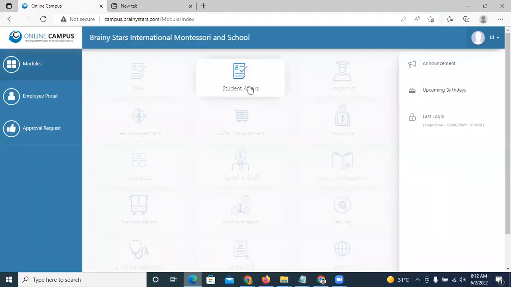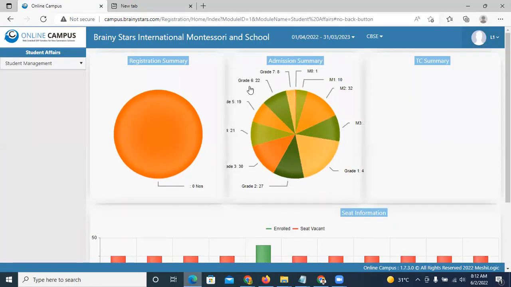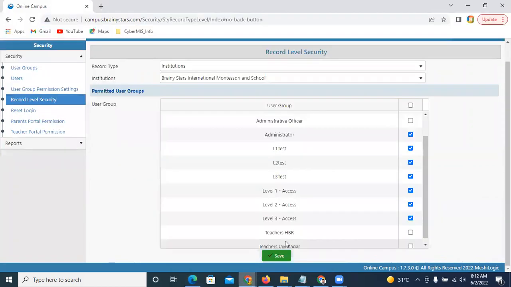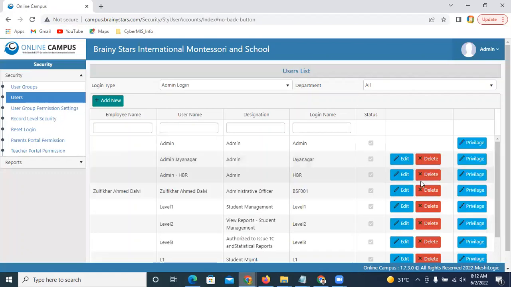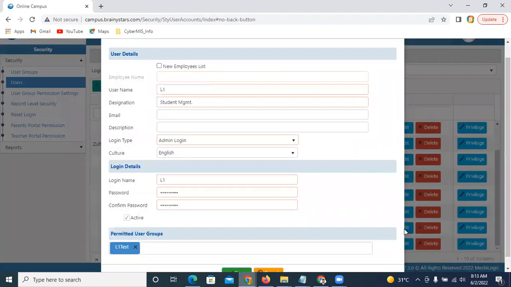So the user is back. Now you see the access to the institution for Jayanagar branch is available. As I have demonstrated, we have only provided access to student management. You see that? When we go back to the system and cross check, go to the user and look for this user, edit, you will see that he is having access to only the student management,